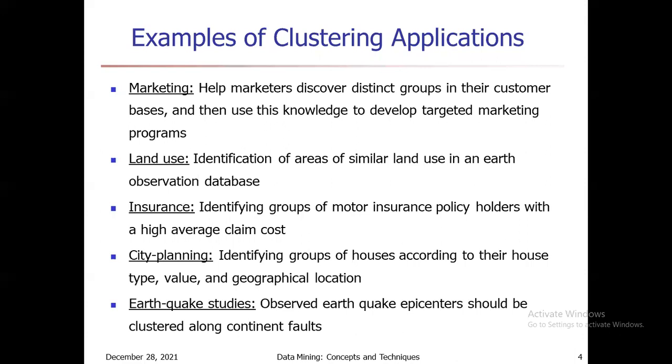In insurance, it identifies groups of motor insurance policy holders with a high average claim cost. In city planning, it identifies groups of houses according to their house type, value, and geographical location. In earthquake studies, observed earthquake epicenters should be clustered along continental faults. All are very interesting applications of clustering.